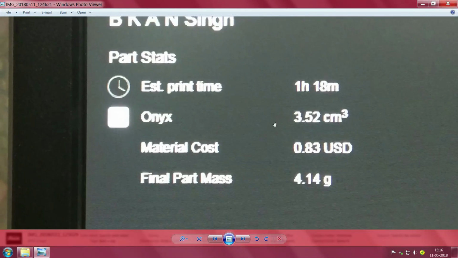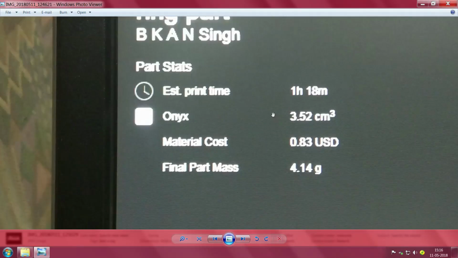Now, print time, you see there, that simplest box you are talking about takes more than 1 hour. It is a very tiny thing. The size was 30 mm, or I am sorry, it may be 40 mm by around 25 mm by 25 mm. It takes more than 1 hour to print, and the overall volume and then the mass of the object is calculated there. In some places it is not very critical, some places